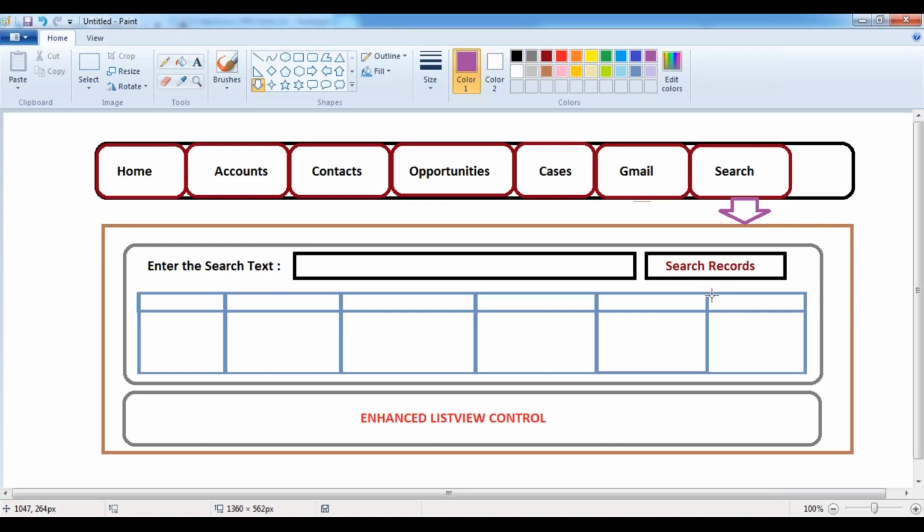Whenever we are redirecting the user to a specific Visualforce page upon click on the tab, we can use a tab type called Visualforce page tabs. Visualforce page tabs is a feature which is used to redirect the user to a specific Visualforce page upon click on the tab.